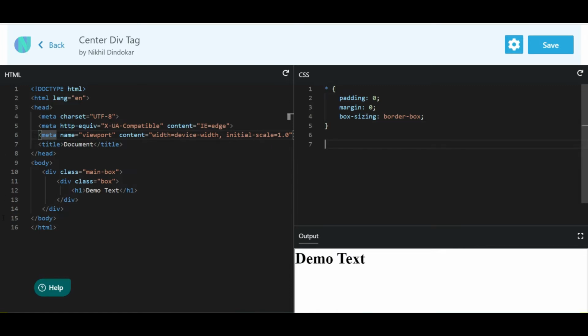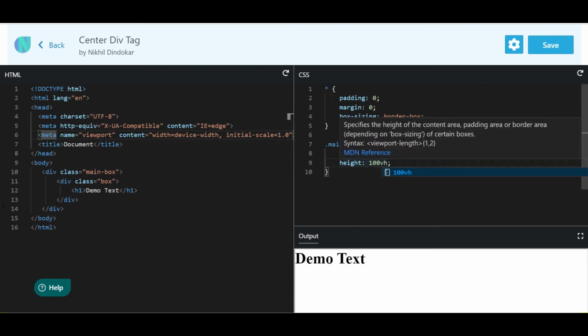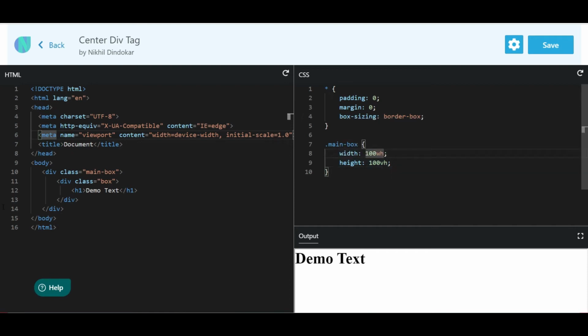So first we will style our main box, because it is a class, so we will have to use the dot main box class. Let's style it. We will give width 100vw, and height we will give 100vh.